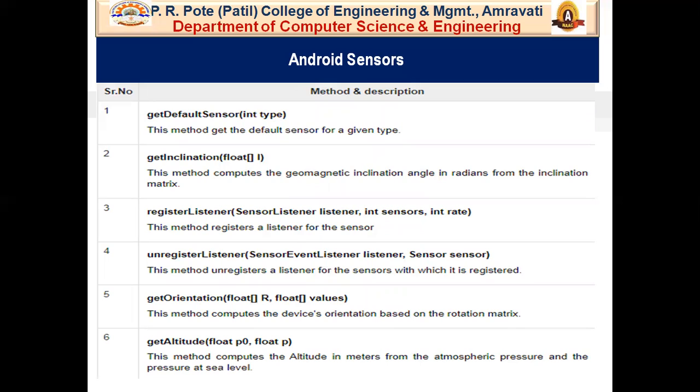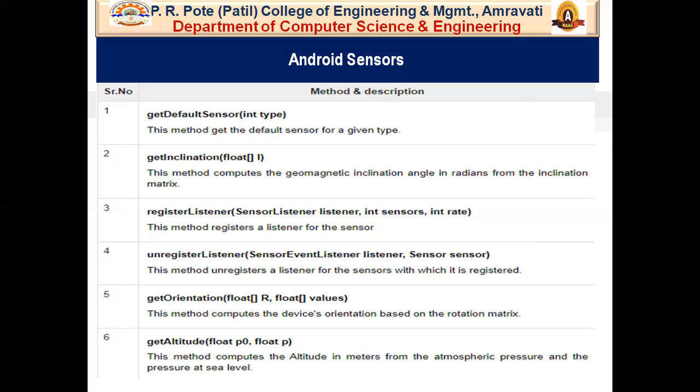Now, these are the methods which are associated with the Android sensor. There are basically six methods. First one is getDefaultSensor, and the parameter is integer type. The getDefaultSensor method gets the default sensor for a given type, where the type is an integer parameter. Then getInclination, whose parameter is float.